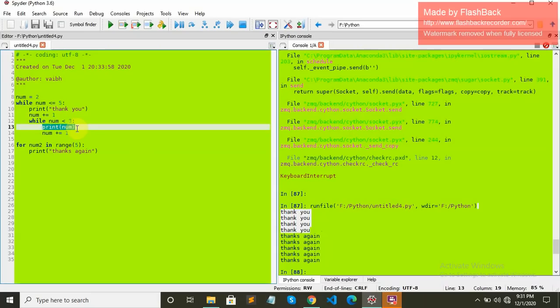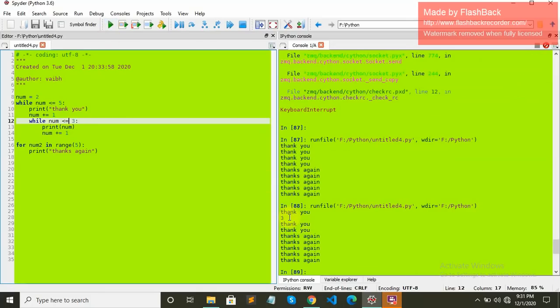Firstly it is not less than 3, so this statement is not getting executed. So let me make it equal to 3, because we want it to perform at least once. You can see 3 is there. If I put it only less than 3, then 2 plus 1 is 3, which is already not satisfying the condition, so it won't get executed. So now you can see 3 is getting printed only once. After that everything is above 3. So that's about the loops.